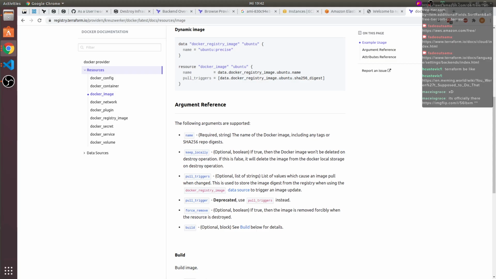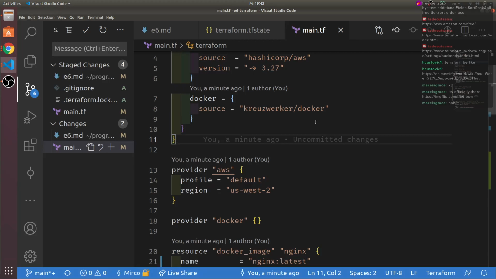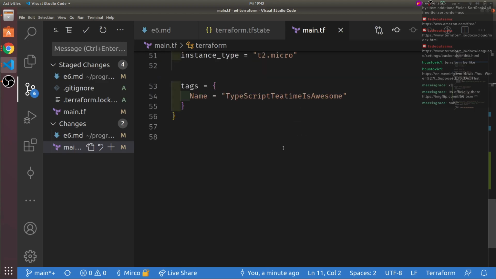Let's see. Oh, we have a few more people in the chat. Hello, another TV viewer. Hello, Joseph Seven. I hope I pronounced it correctly. Welcome to our stream. Welcome to the TypeScript tea time. We are drinking tea, and in the meantime, we are looking today at Terraform. So we not only do TypeScript, we do everything nerdy. Today we look at Terraform as well, integration with it.